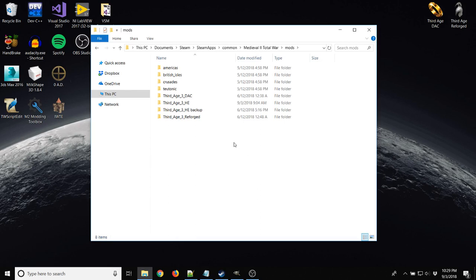So starting off, when you have installed Third Age, as it says in the installation document, I do encourage you to first verify that I've renamed my folder with this DAC here at the end of the name, but it will just simply be third_age_3. And once you have installed Third Age 3.2 and Divide and Conquer 2.2 and the Dwarven Overhaul project submod on top of all that, I do strongly encourage you to make sure that that installation is working properly